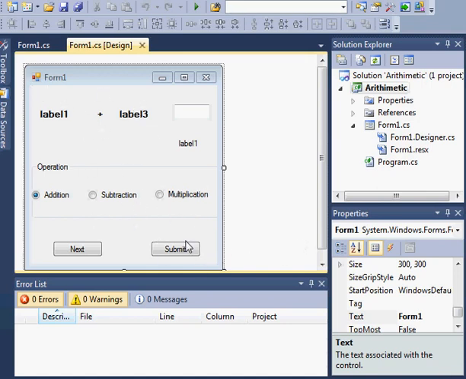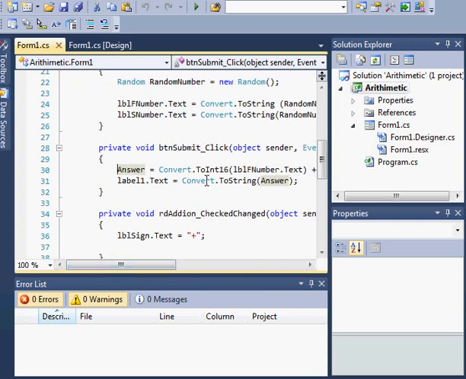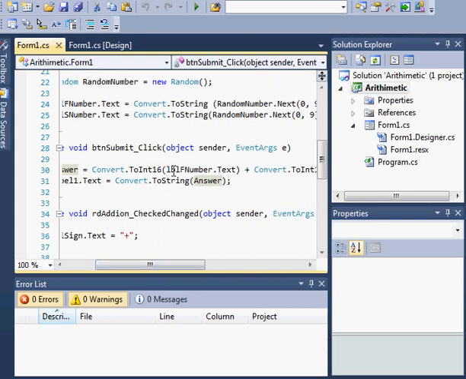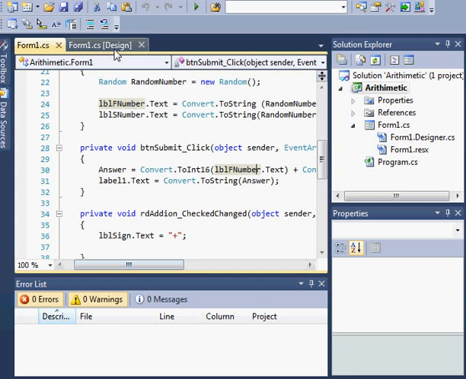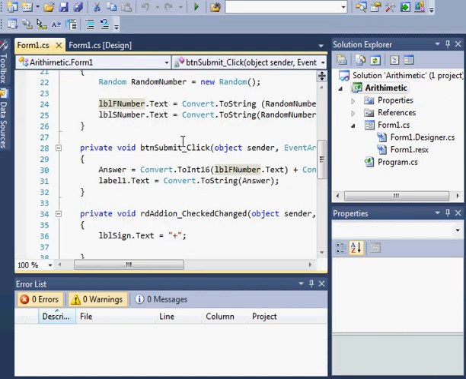Before we left off, we had created the submit button, and we said that we are getting answer, and we say answer is equal to label first number plus label second number. However, we need to cater for the other operations as well, because it's not that we are going to just add, we can also subtract or multiply. So we shall commit the value of answer to a certain condition. We shall say